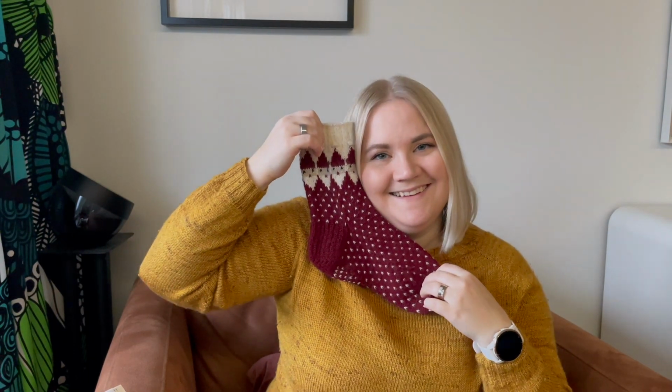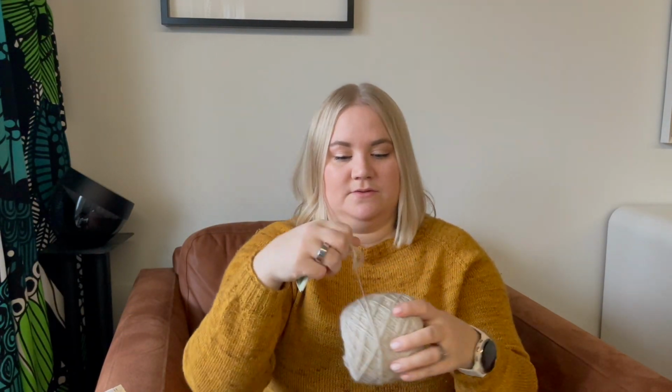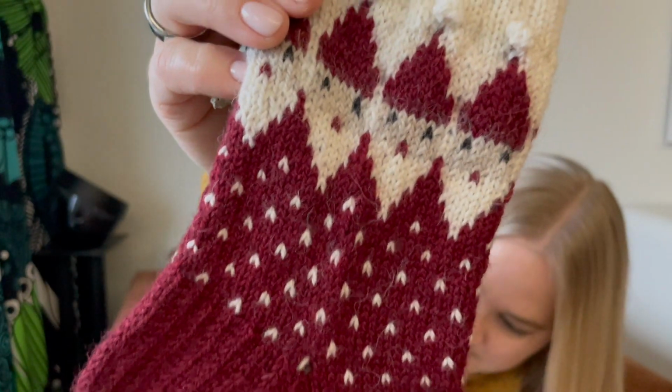What do you think? I think they're so festive, and these are knit in the Fiberco Amble sock yarn. It's a bit thicker sock yarn. I actually have the beige one here. So this was the contrast color, or one of the contrast colors for the Festive Mistletoe socks. So I used this for the face of the Santas, and let me see. Here's the Amble tag,